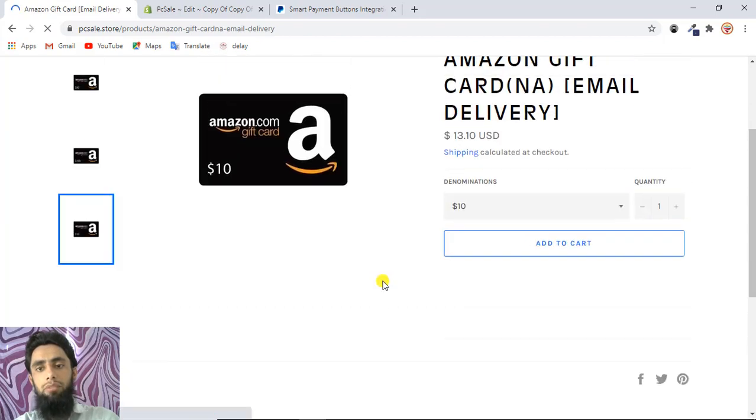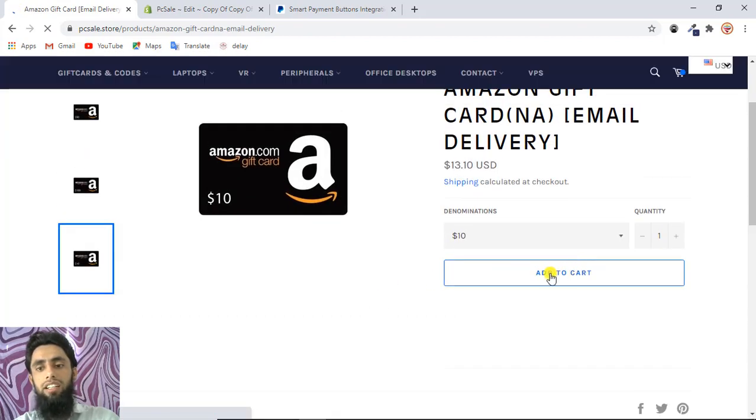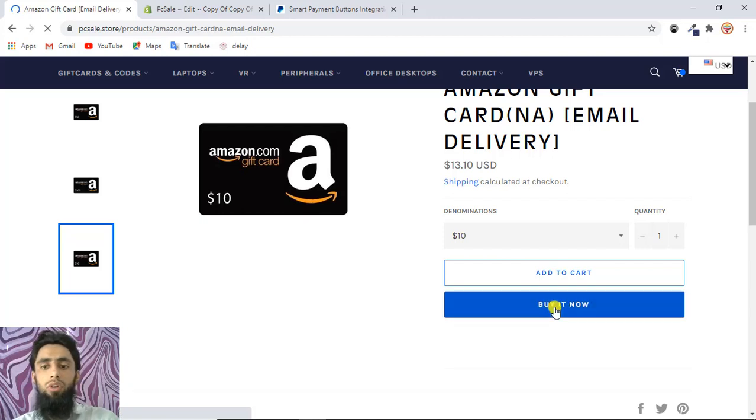Sometimes people have the requirement that we need an add to cart button, a buy it now button, and also a pay now button where the customer can pay the amount directly, rather than doing add to cart and then checkout and all the process. So it would be better for capturing the sale.